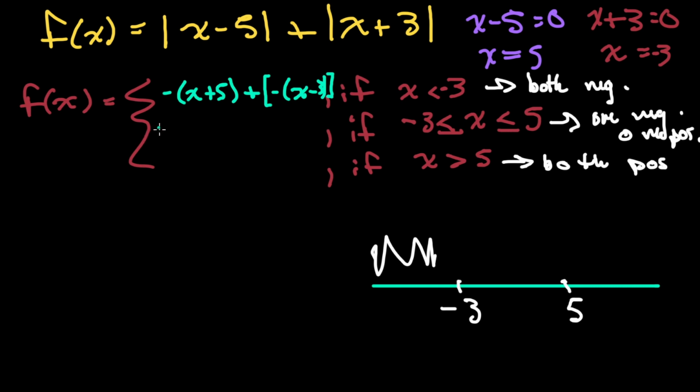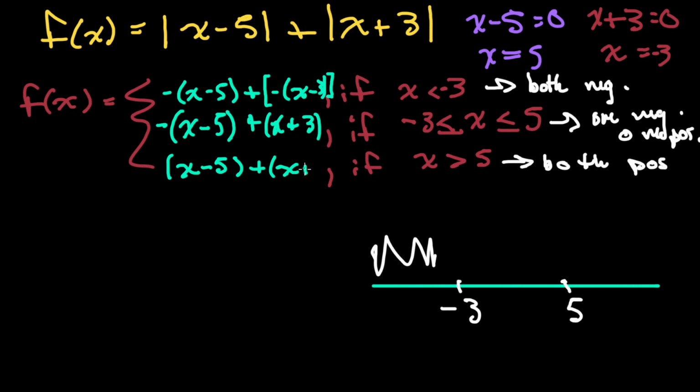x minus 5, so we're going to need to put a negative just in front of that guy. Oh, sorry, I actually didn't realize I wrote a positive there. That should be negative, my bad. Negative x minus 5, and then plus x plus 3. And then this guy, because they're both positive, I don't need any negatives in front, so I can just write this. Oh, and this guy, I screwed up. Anyways, this is the correct